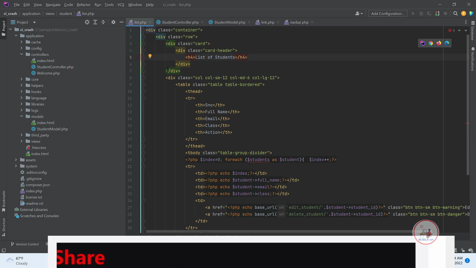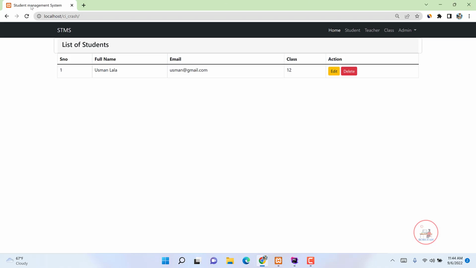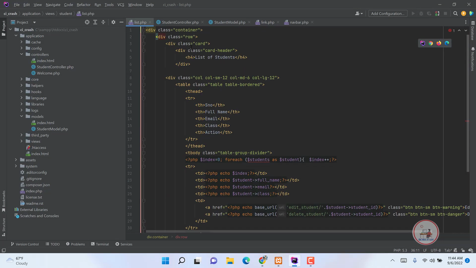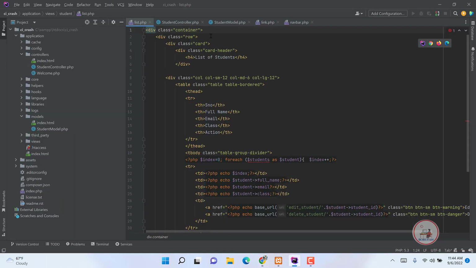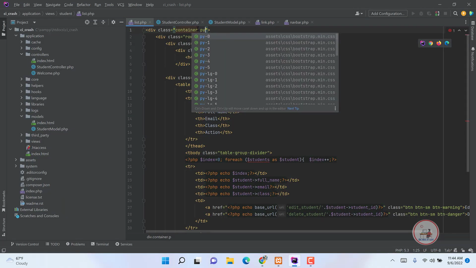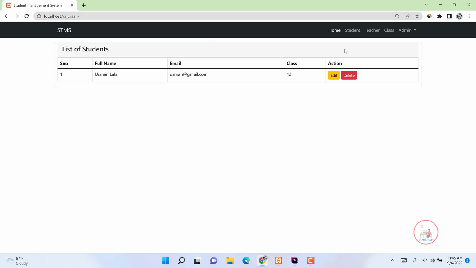Then copy this, cut this and paste around this and refresh it. Yes, then make some padding. I wanted to move it from the top of the menu, so I say py3, save. Exactly. Okay, then come back on